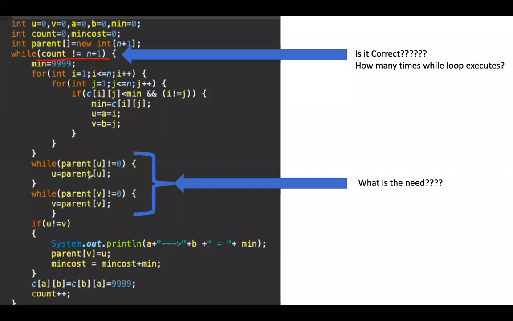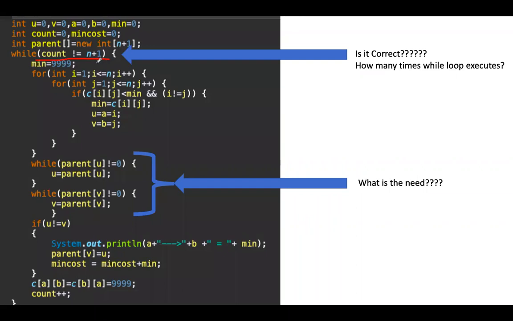Each one of you has to trace the algorithm. In the previous lab also, I asked you to trace the algorithm and upload it to the classroom. Some of you traced it properly, and others just copied it from your friends. When we see the answers, we will easily come to know who has copied and who has done it on their own. So today, everyone has to trace the program, and write down the role of these two while loops, and why this while has to execute n plus 1 times.